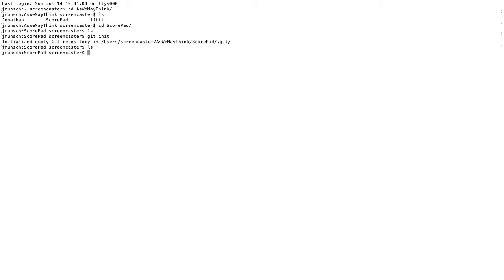So I've been thinking about how to do this, and I believe that I'm going to call it ScorePad, and I'm going to call the individual things in them score sheets. So I'm going to do a git init here. All right. And let's see. I believe that,